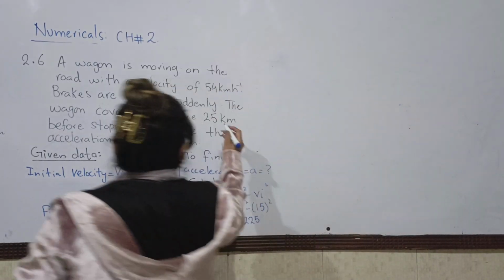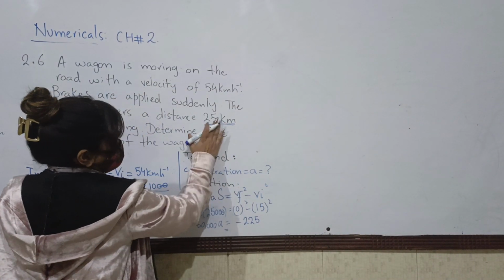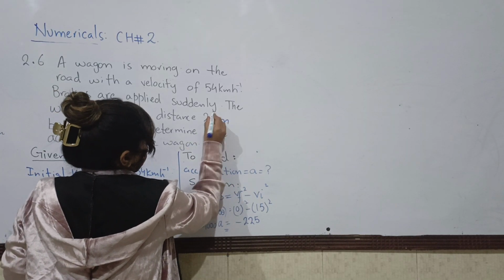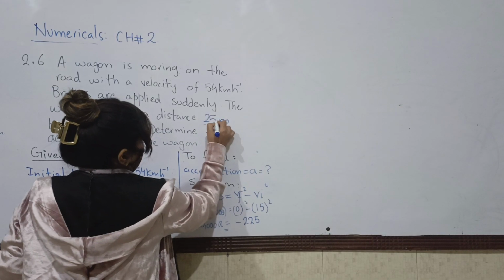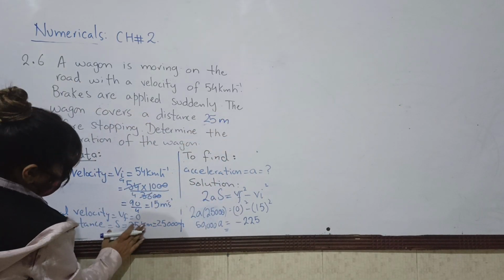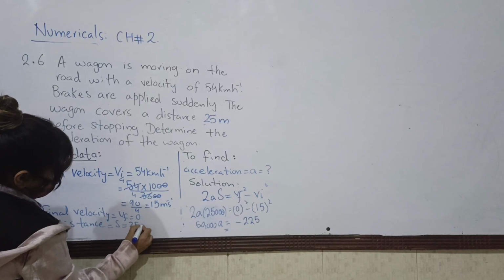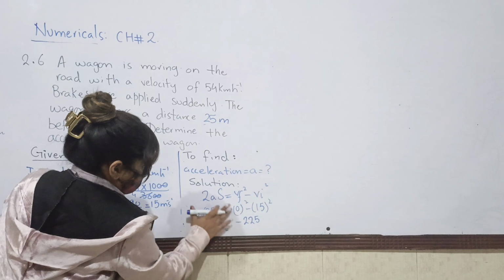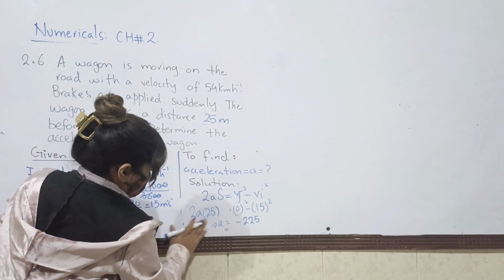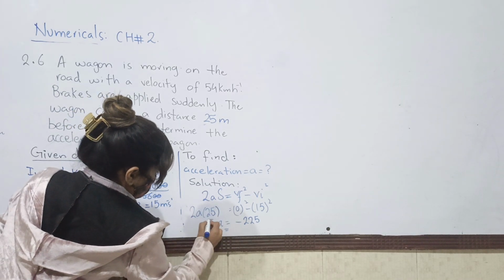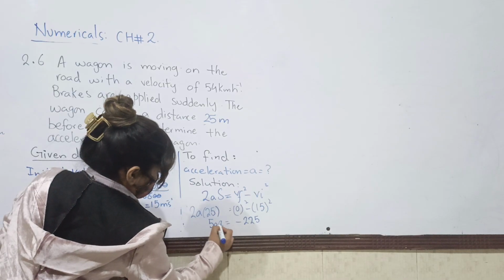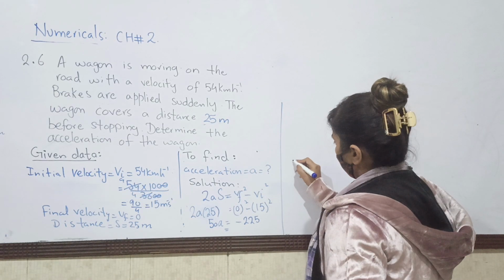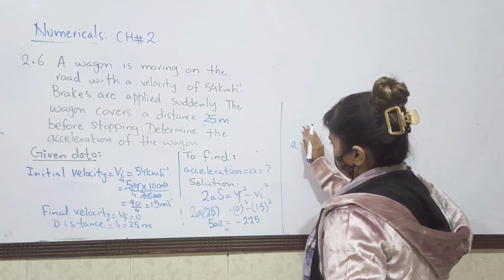Students, this distance is in meter. This distance is given in meter. I thought it is kilometer. No, this is 25 meter. So this is already in SI unit. There is no need to convert it. So this is 25. Okay, 2 into 25 is 50, into a. So a is equal to